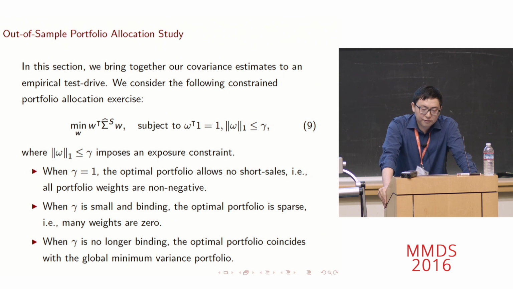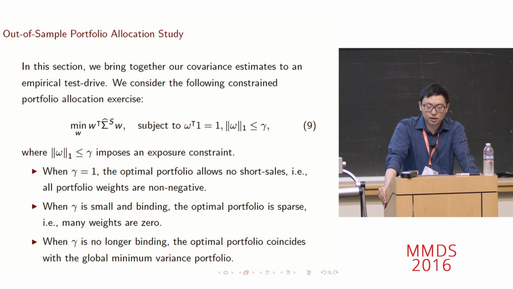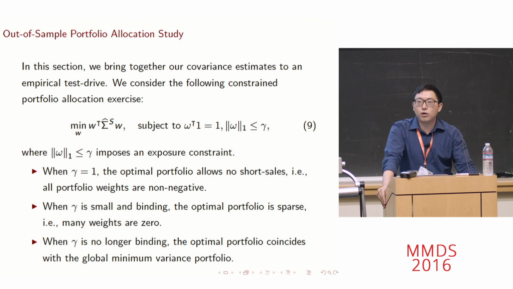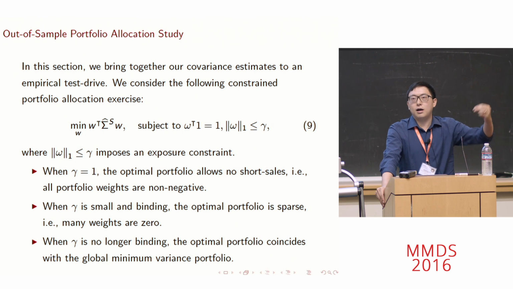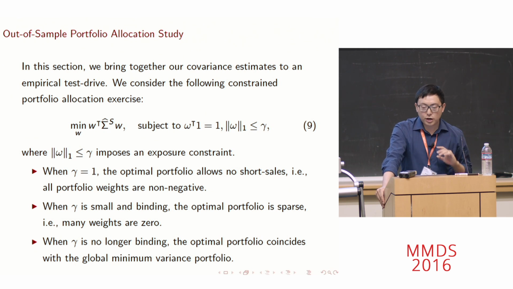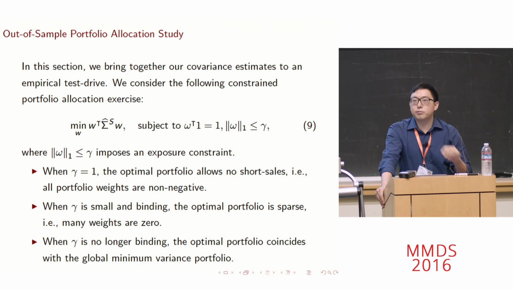Okay, so finally, let me apply our covariance matrix to the data to show you some empirical performance for a portfolio allocation exercise. Here we try to maintain the simplicity of this allocation exercise because we want to highlight the advantage of the covariance matrix part. Therefore we do not have any estimation or optimization related to the expected returns, and we use this month's realized covariance matrix as the best predictor for the next month. So we make this as simple as possible so that we can focus on the performance of the covariance matrix.